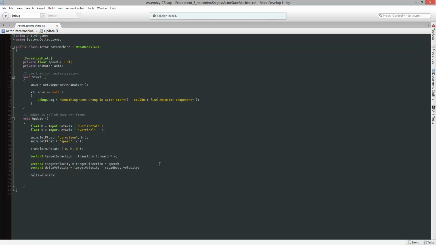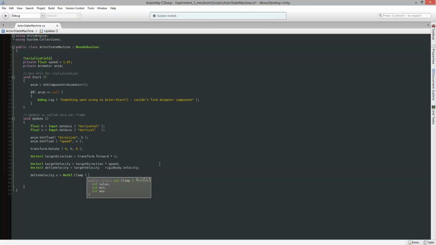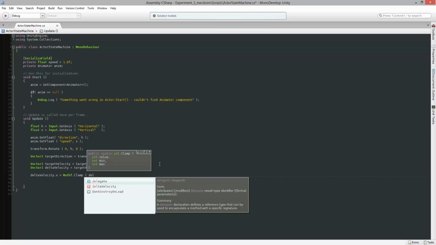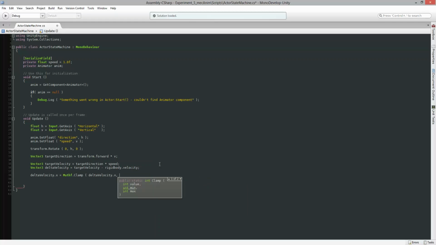So again, here's where we're going to need to clamp those values. We want to clamp specifically the x and the z values. That's what's going to control our horizontal and z-axis movement as well. So we're going to set our x for that delta velocity vector that we just created equal to a Mathf.Clamp operation. And we're going to be passing in the delta velocity.x, and then for the minimum and maximum values,